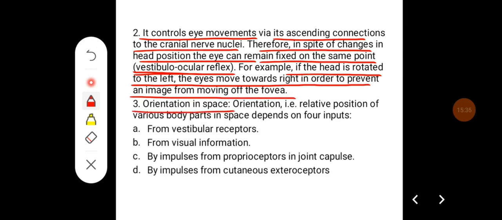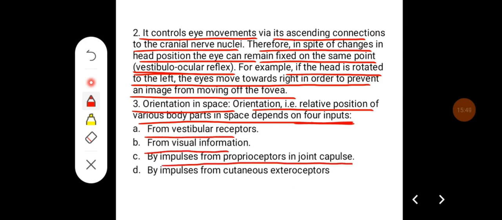They also help in orientation in space. Orientation, that is the relative position of the various body parts in space, depends on four inputs, that is from the vestibular receptors, visual information, impulses which are coming from proprioceptors in the joint capsule, and impulses which are coming from the cutaneous